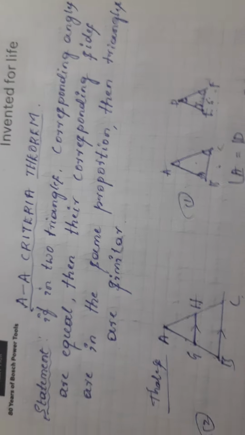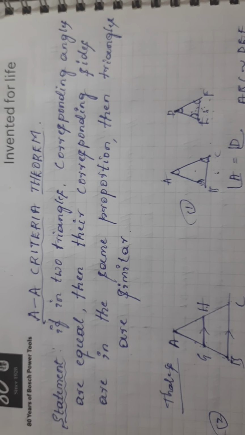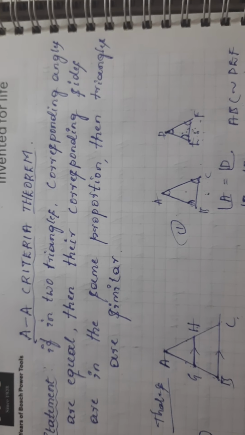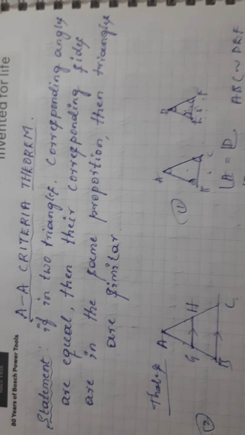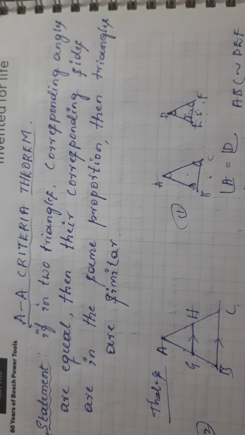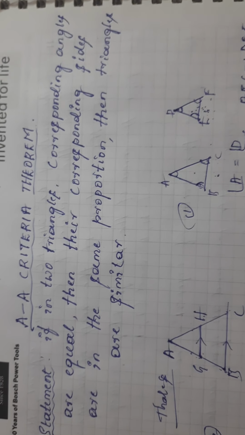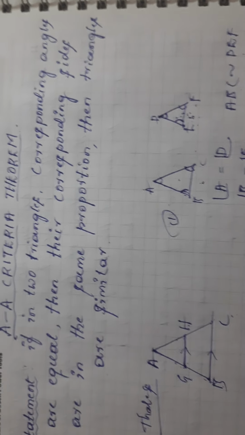Now let us start to prove this AA criteria. The AA criteria theorem statement is: if in two given triangles the corresponding angles are equal,